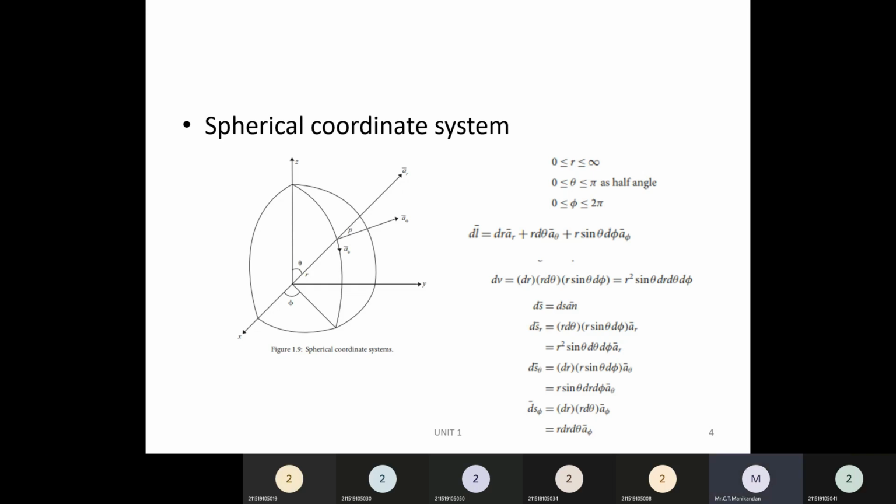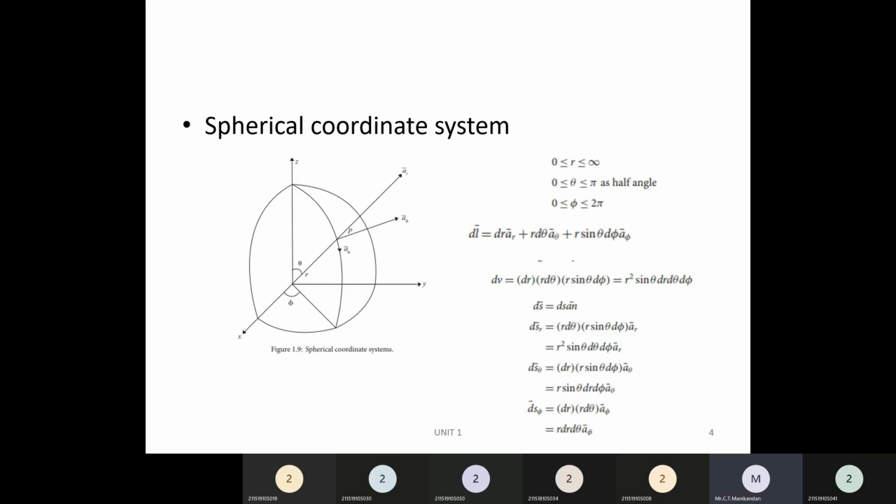You can see that theta, we can say it as the half angle. That half angle will vary from 0 to pi, and phi will be varying from 0 to 2 pi. Similarly, if you move a point on the sphere from one point to another point, you will be getting